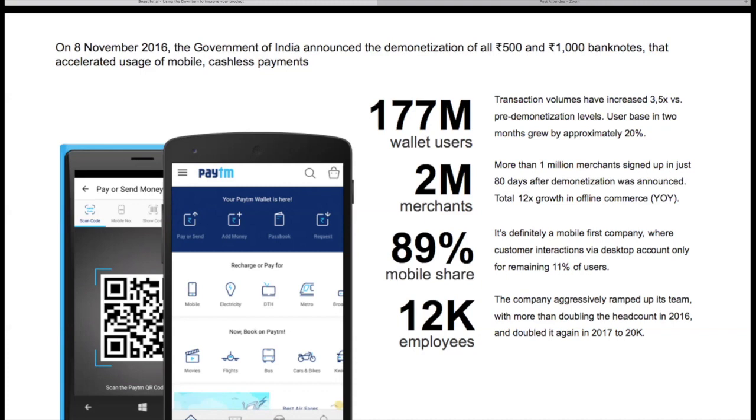Also, the volumes increased more than 3 times, and the user base in 2 months grew by approximately 20%. So you can see how big an impact it had on the app. Of course, it didn't come by itself. Paytm invested quite a lot in marketing, but it was, let's say, in the right moment, the right time, the right place to promote this kind of service. It also initiated hiring of staff, and they aggressively increased the team, almost doubling the headcount